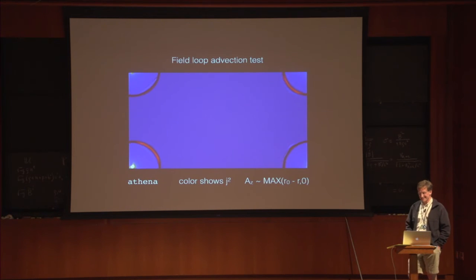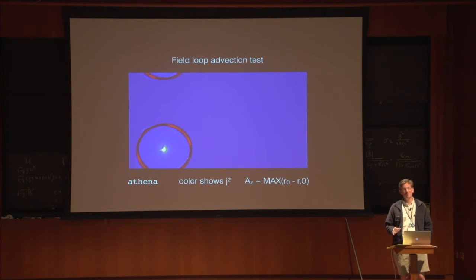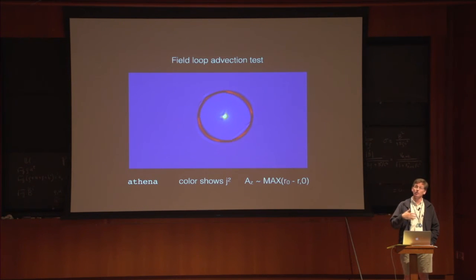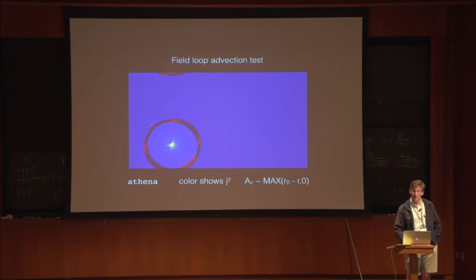And that looks pretty good, actually. So if the application you're working on requires that you capture these discontinuities in the magnetic field with little dispersion error, then you should use Athena. But I just want to say, in my own defense,